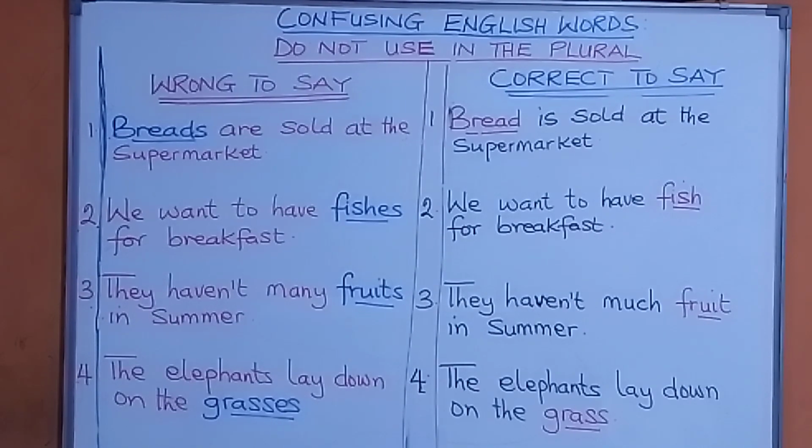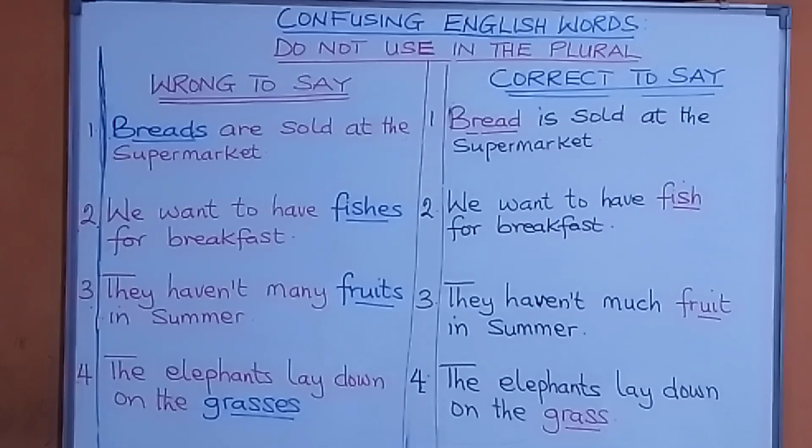Remember, we are looking at bread. We say confusing English words, words that you do not use in the plural. In other words, you use them the way they are in the singular. You don't add anything. Bread is bread, unless you say loaves: a loaf of bread, 3 loaves of bread. Fish is fish, except when you use fishes, which is rarely used now, to mean individual fish. Otherwise, fish as a food or in bulk, large quantity, is always singular.